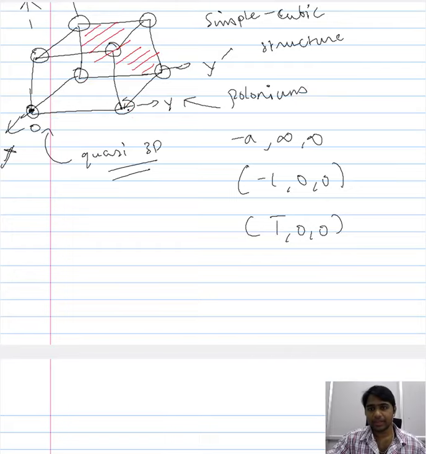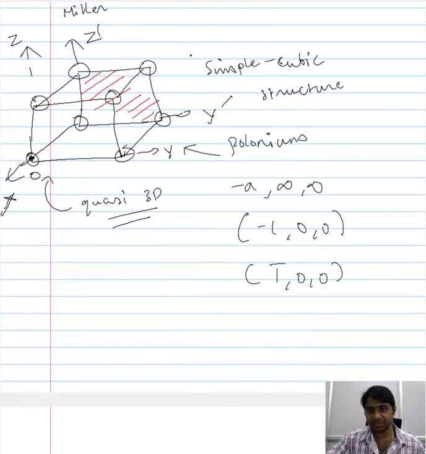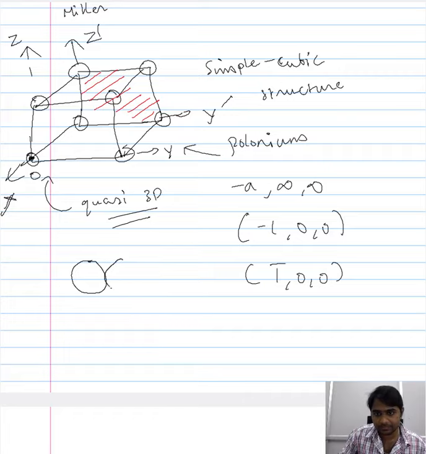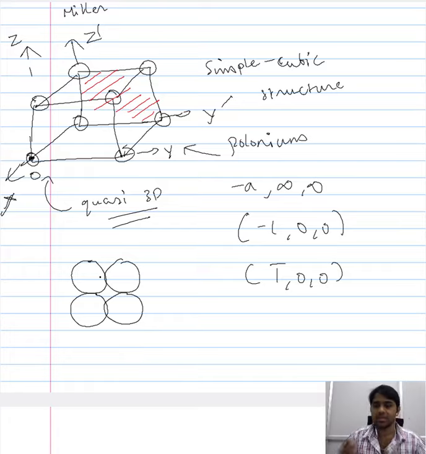Now when I represent the atomic arrangement in this plane in just two dimensions, it would look something like this. I'm just considering the atomic arrangements within this plane here, and there are 1, 2, 3, 4 atoms, and I have represented the 4 atoms. Now the question might arise: why are the atoms touching each other here but not here? Generally, whenever we talk about representing a crystal structure within a unit cell, we assume what we refer to as the hard sphere model.